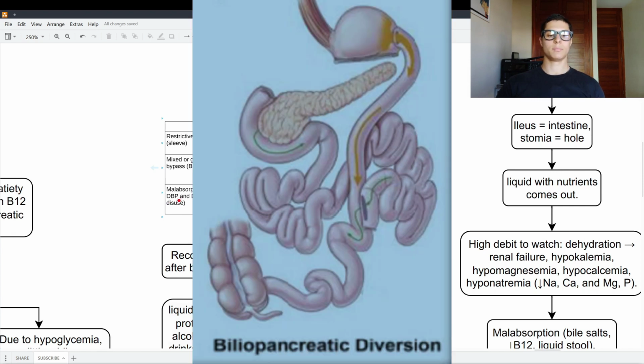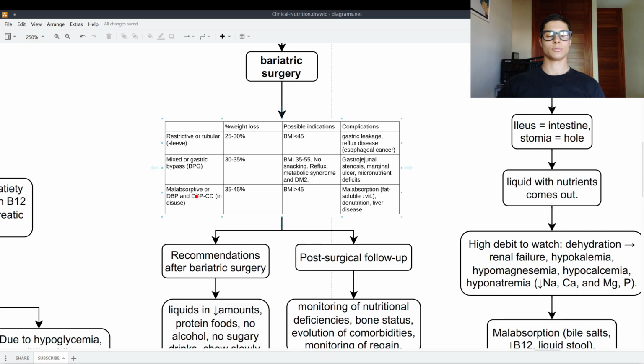Malabsorptive or DBP and DBP-CD are in disuse. These are not really used anymore, but they were lowering the weight by 35 to 45%. They were indicated for people with a BMI over 45, and they caused malabsorption of fat-soluble vitamins and denutrition,